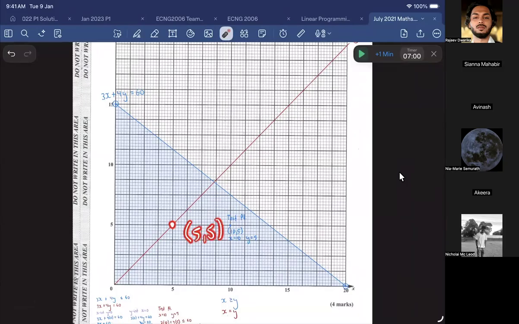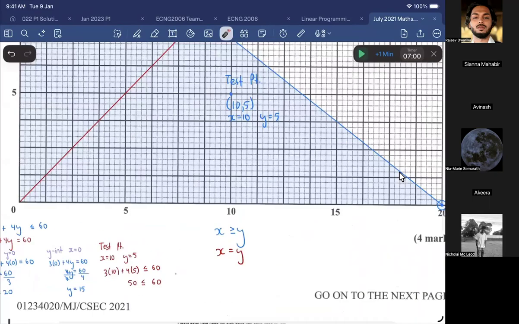5,5. Okay, read off this point for me. 10, 10. You notice that trend? Yes, sir. You notice that the x value is equal to the y value, right? So that sums up the relationship that x is equal to y. Nice. And we want to figure out where x is